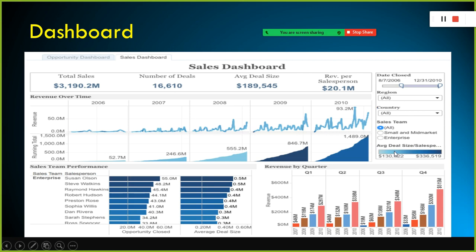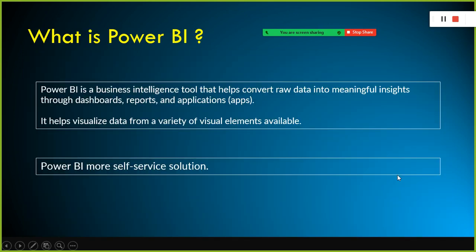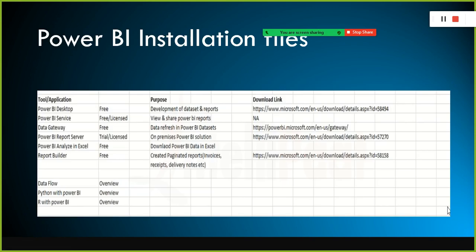Along with that, you have some filtering criteria. So for this region, for this country, for this sales team, and between so and so date, how many deals got closed. With this slicer, you are enabling the business stakeholders, or the respective stakeholders, to perform their analysis based on some condition also. So Power BI is also a business intelligence tool using which you can develop dashboards.